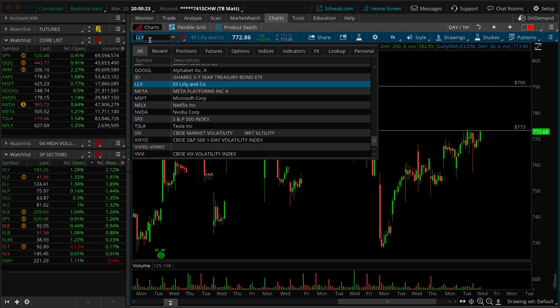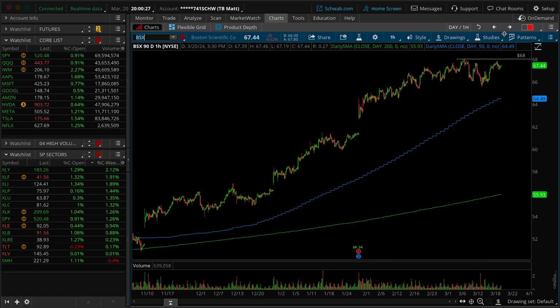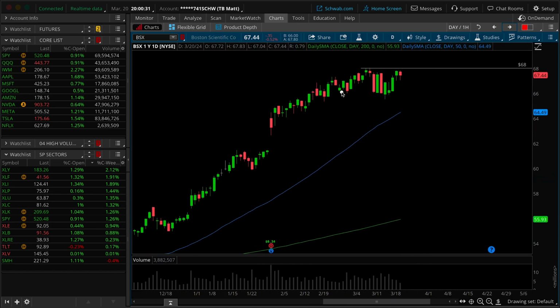Next up, let's take a look at BSX, Boston Scientific, keeping the theme in the healthcare sector. Let's take a look at the daily chart. Notice that we've got this failed lower low underneath this area in here on the low of that green bar. Now we're trading back up towards these equal highs. On the Tuesday and today's Wednesday session, the lower wicks of those back-to-back hammers are showing price acceptance above the